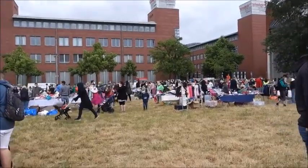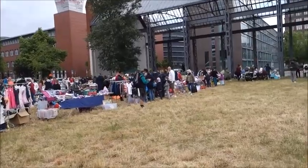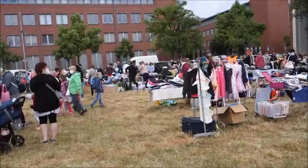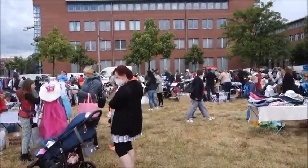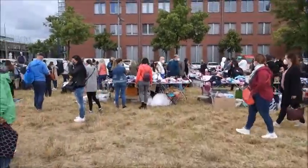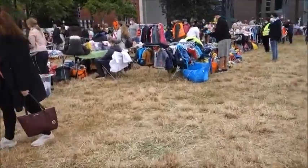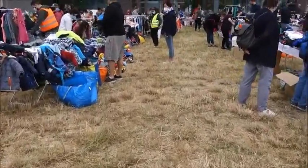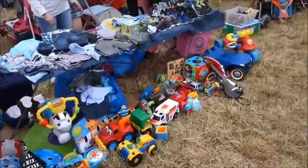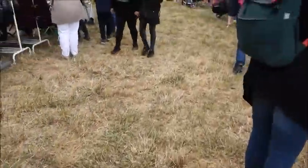And you would think that at least one person at this market has something that I collect, but it's not a single My Little Pony. No, not even an LPS. I've been here now for, I don't know, an hour or something. I've seen one Poopsie Slime Surprise Unicorn, like the big one that I bought actually yesterday, just a slightly different color. I might just start again from the beginning and see, but so disappointing. I mean, not even new My Little Pony, only dolls. I found Equestria Girls dolls, but